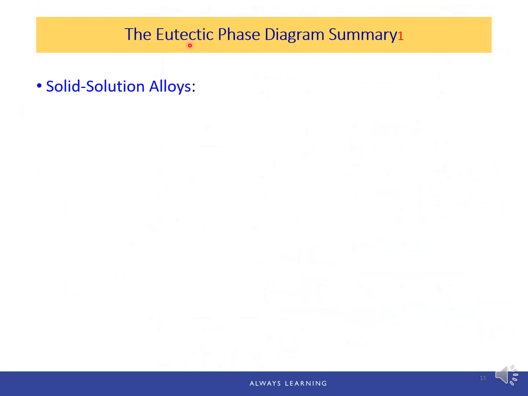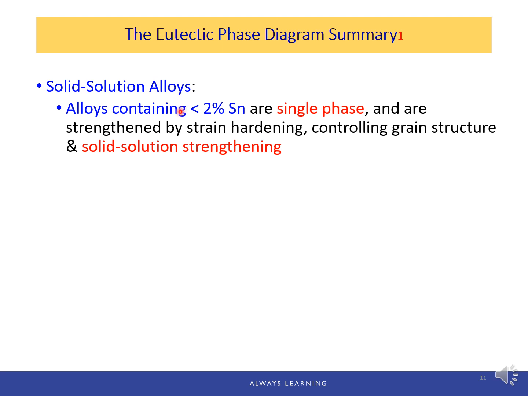As a summary, for eutectic phase diagrams, we have solid solution alloys. So for the lead and tin phase diagram, for example, we have alpha solid solution, which only has a single alpha phase, or beta solid solution, which only has a single beta phase. So for alpha single phase solid solution, it contains less than 2% of tin. For beta single phase solid solution, if you check the phase diagram, it's the beta phase which has the maximum solubility of